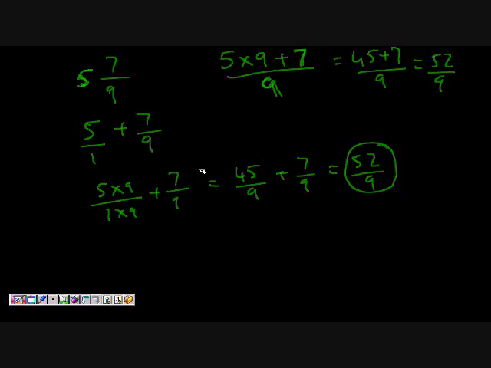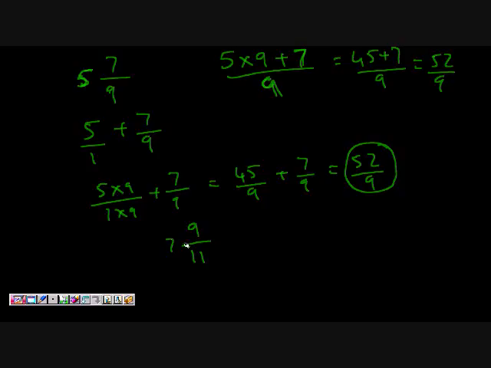So again, 5 and 7/9 can be written as 52/9. Let's take one more example: 7 and 9/11. Using the methodology where we multiply the whole number by the denominator and add the numerator,